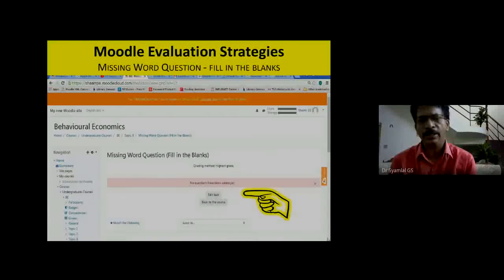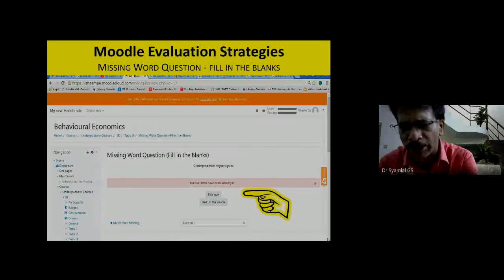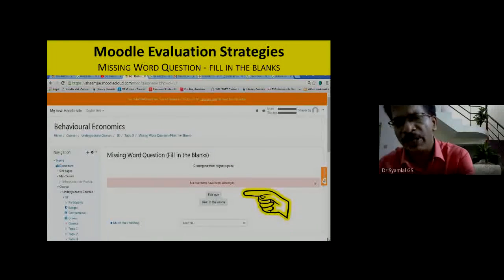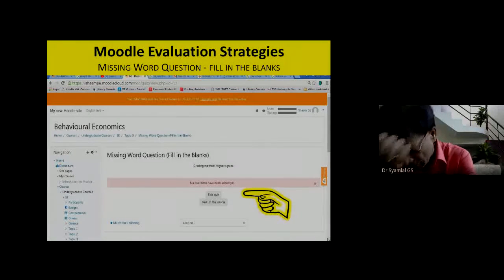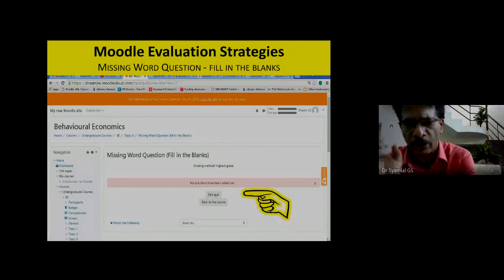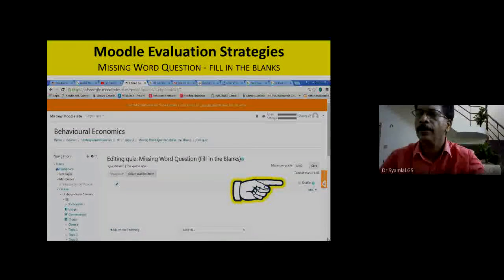What I want is that the question type will be asked as a missing word question. So you incorporate both of it so that you or your student will not be confused about the intention of the question. Missing word question, fill in the blanks. This is the American slang. For us, fill in the blanks is the familiar one. So put it in brackets if you want, or you can ignore that. And from today onwards, you say that the question is a missing word question. Okay, then next, we'll be coming.